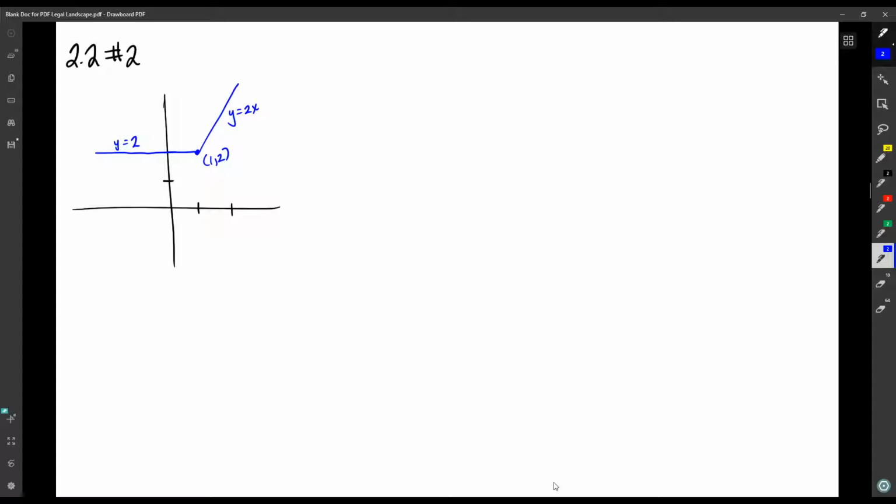This is number 2 from section 2.2. We are asked to compare the right-hand and left-hand derivatives to show that this function is not differentiable at the point labeled P. For number 2, the point labeled P is at (1, 2). We have a piecewise function. The line y equals 2 up until x equals 1, and then after x equals 1, the line y equals